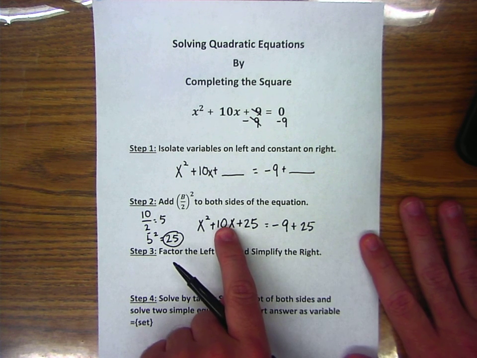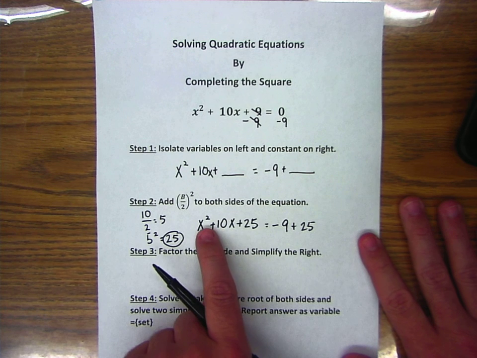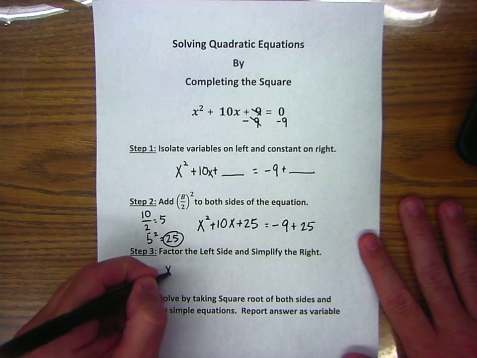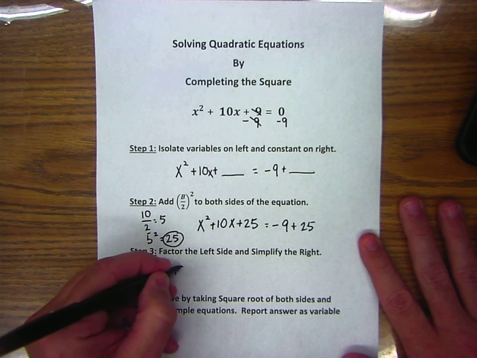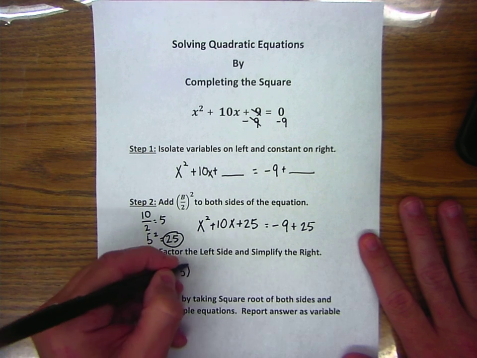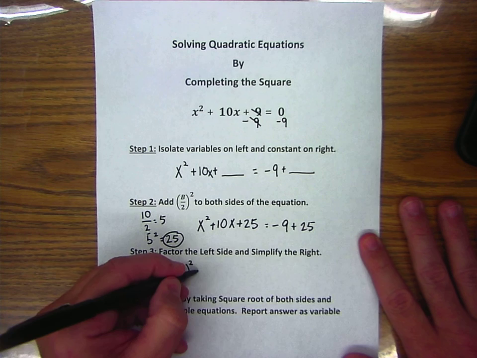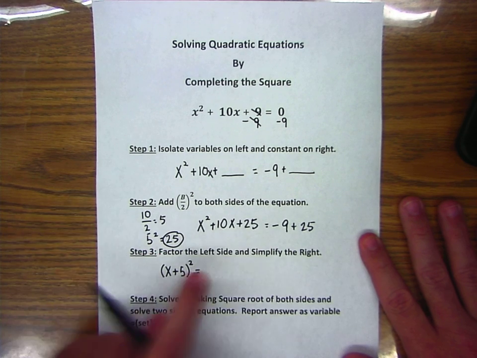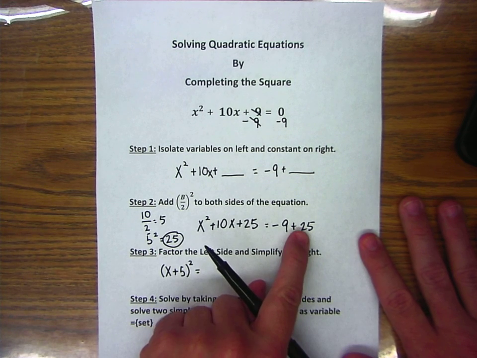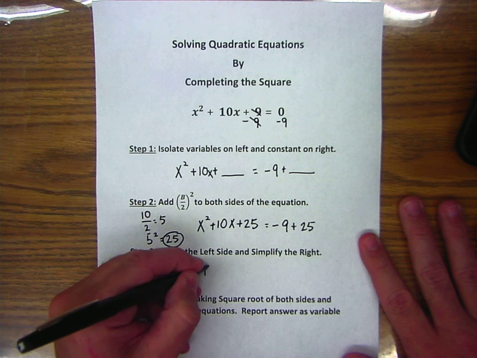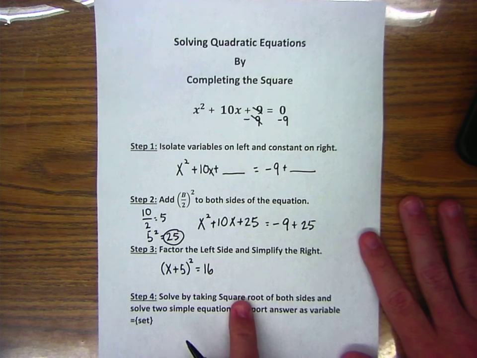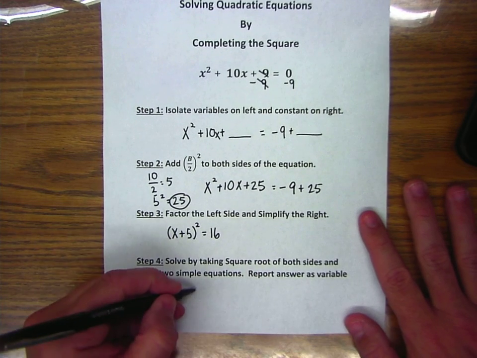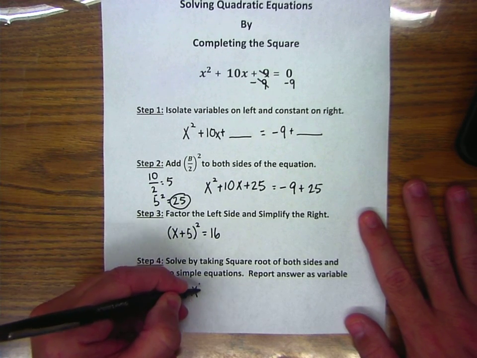Factoring perfect square trinomials is very simple. It's the letter, the first operation of positive, and half the b value. That entire thing put in parentheses and squared. And simplifying the right, I'm going to get this constant of positive 16. At this point, I'm able to take the square root of both sides. In step 4, the square root of both sides will give me,